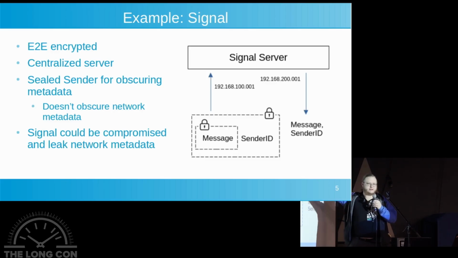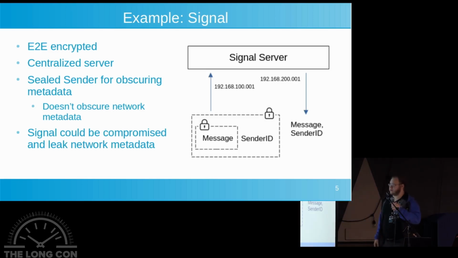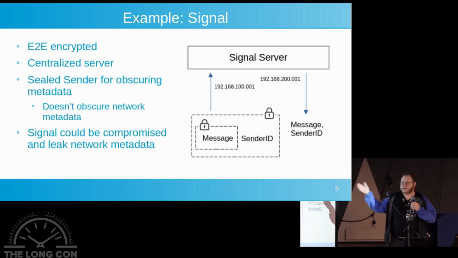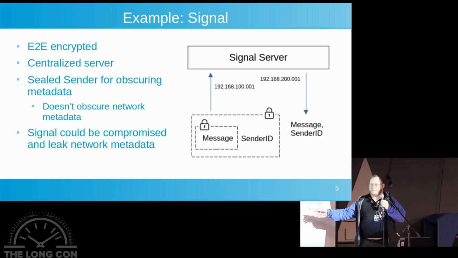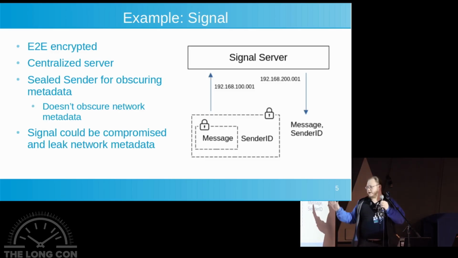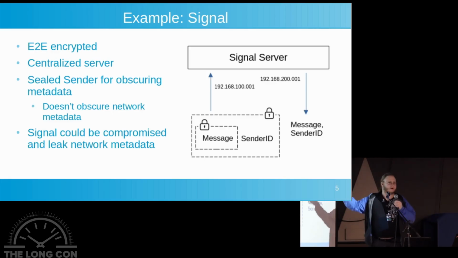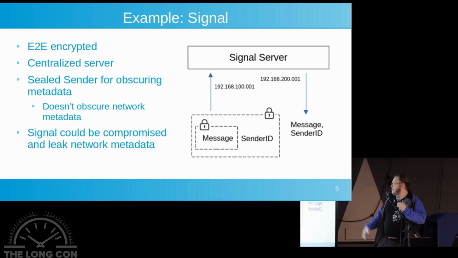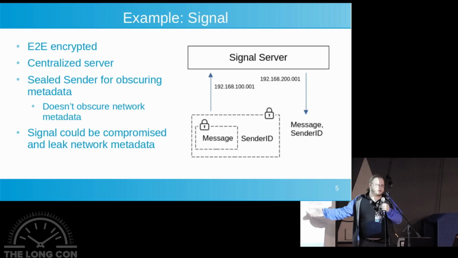So they send that to the Signal servers. And then the Signal server at the application level does not have access to the sender ID. They only know where the message is going, not where it's coming from. And then the receiver receives the message. They can decrypt the first layer and the second layer, so they have the message and they know who it's